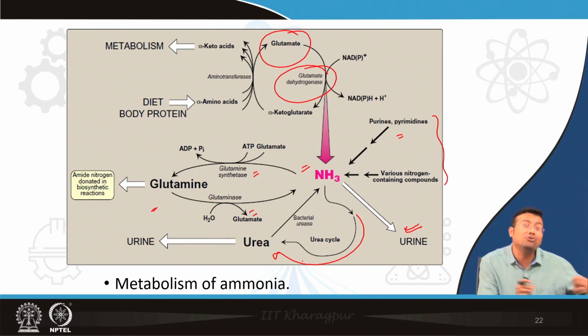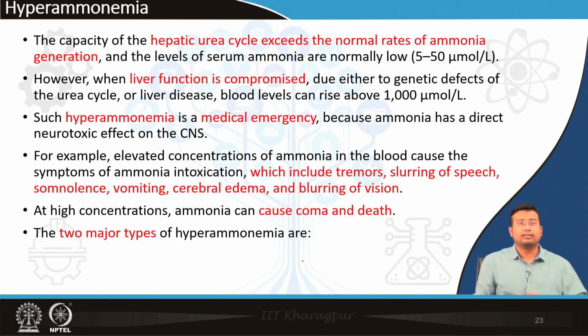and ultimately it goes to the liver, where it undergoes the urea cycle and production of urea, and ultimately it is in the form of urea that it is excreted in urine, because higher animals are ureotelic. Mammals are ureotelic, we excrete urea, birds are uricotelic, and fishes are ammonotelic, they can directly excrete ammonia from the system. Alright. So, now finally we are into hyperammonemia,